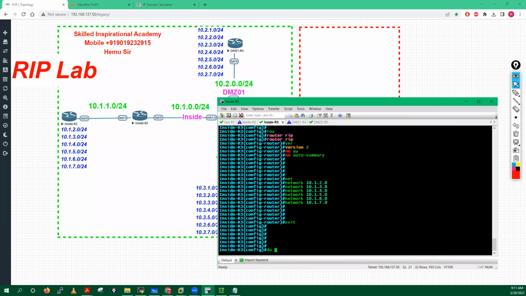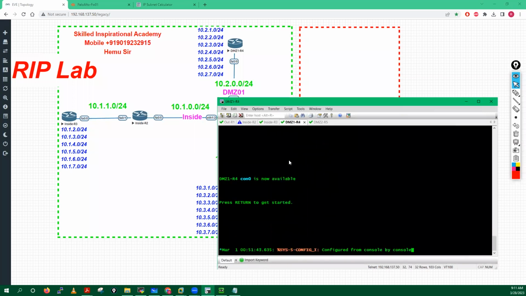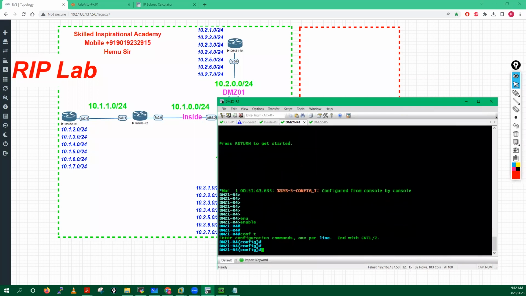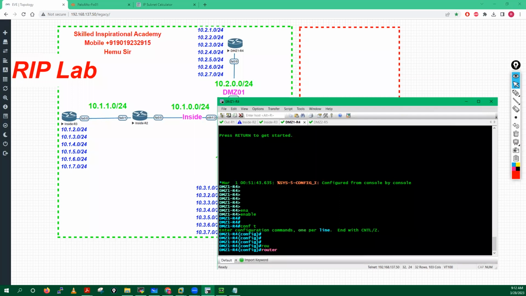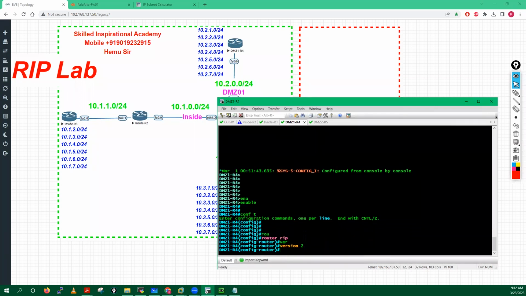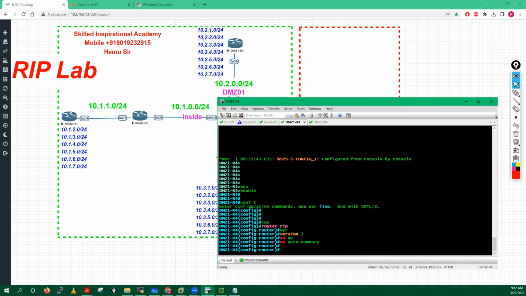Exit out. Do write memory. Save the configuration. Now you can go into the DMZ-R1 router: enable, conf t, router rip, version 2, no auto-summary,